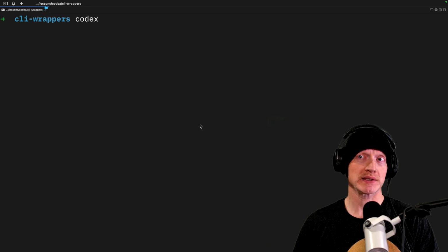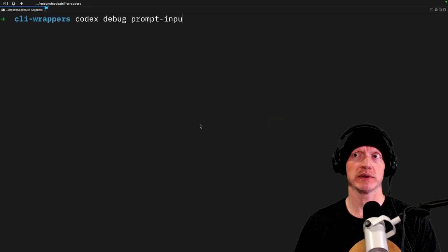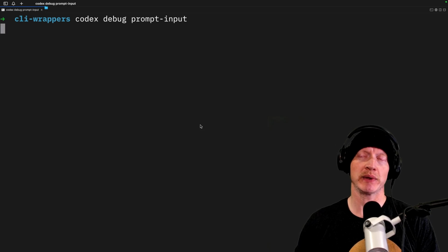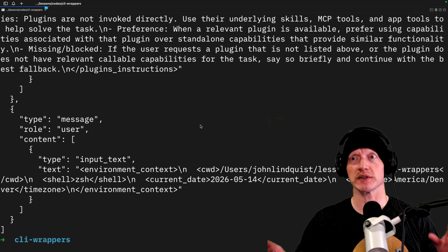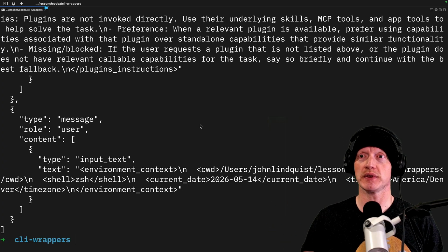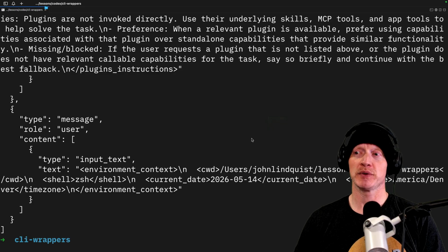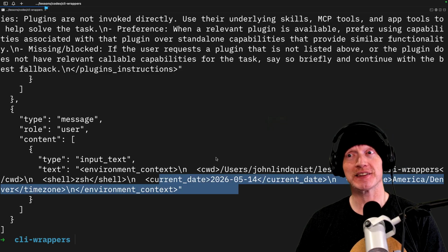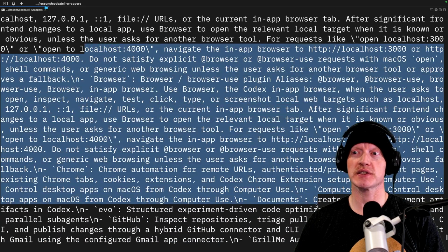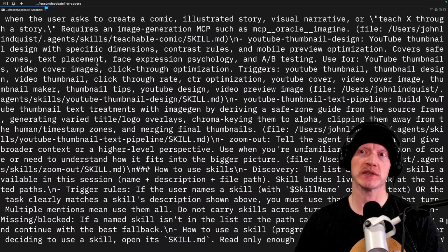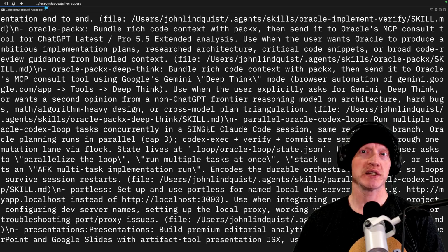When you run Codex debug prompt input, you'll wait a second and it will output the entire context of all the skills and everything that's loaded into the initial prompt input. For example, you'll see things like the current date. You'll see all of the plugins that are loaded. You'll see all of the skills up here and browser use and everything you have installed, which can definitely build